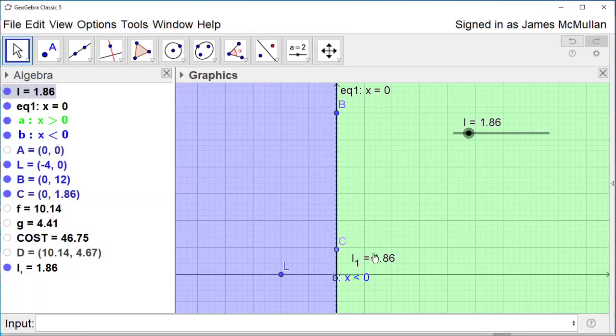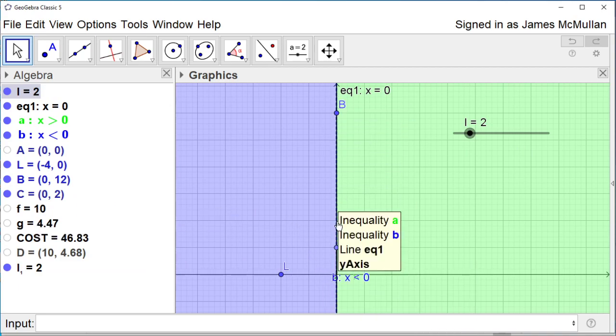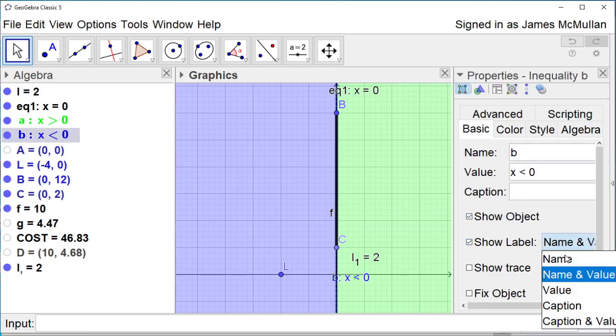Because let's make L 2, for example. Then the distance along land is going to be 10, right? If this is a 2, then this is a 10 to get from B to C, right? That would be my power segment F. So the power segment here,